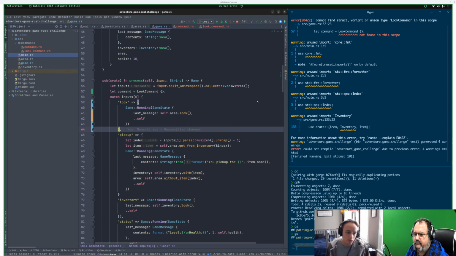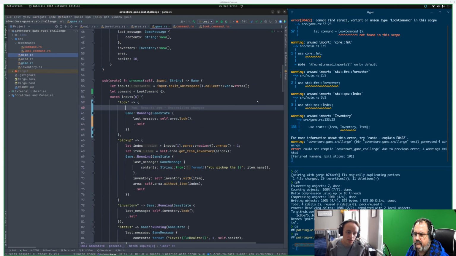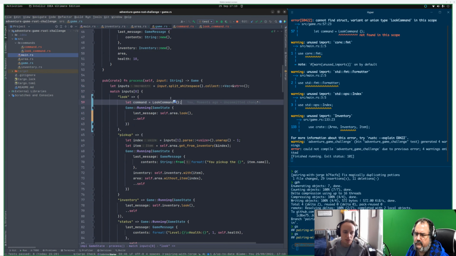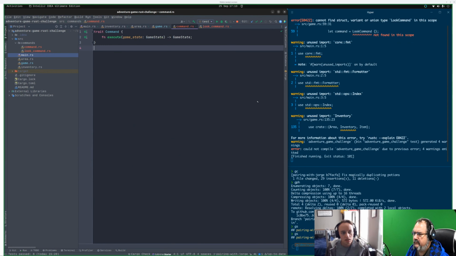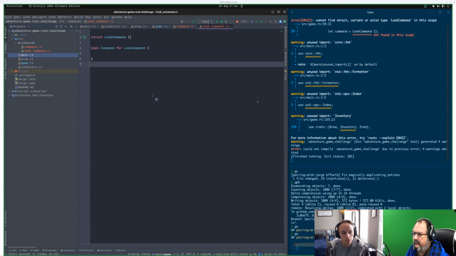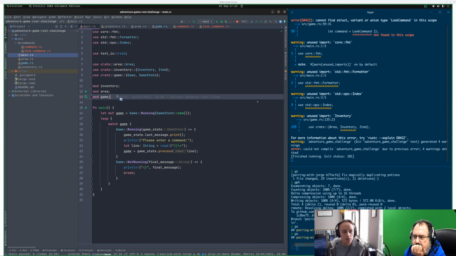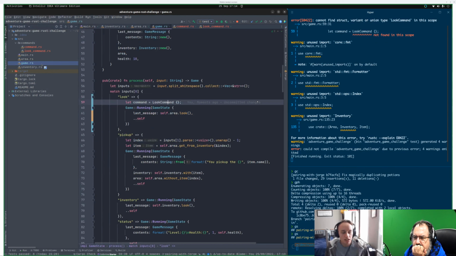So this is going to need to actually have a bit more going on. We need a command up here. So wait, this isn't main.rs, this is game.rs. Oh, okay. I thought this file was main.rs, right?